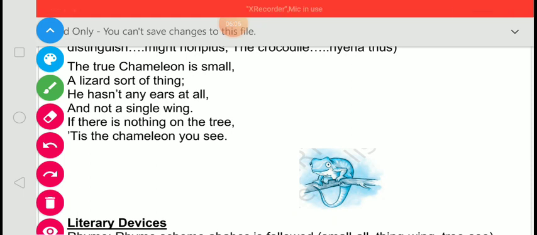Yesterday I explained the poem, paraphrased the poem, I discussed the literary devices used in the poem and meanings of difficult words, and today I summarized the poem, and now I am going to discuss the question answers given in the poem. Okay,